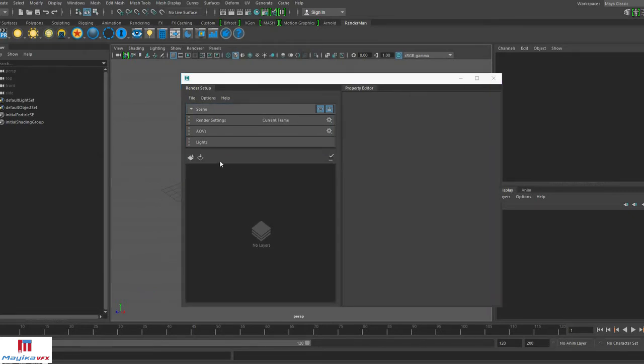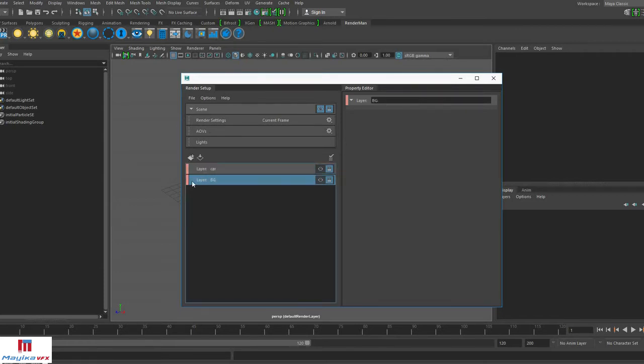With this button we can create render layers, and we can rename them. Here I have renamed it as car. We can create several render layers and rename them.